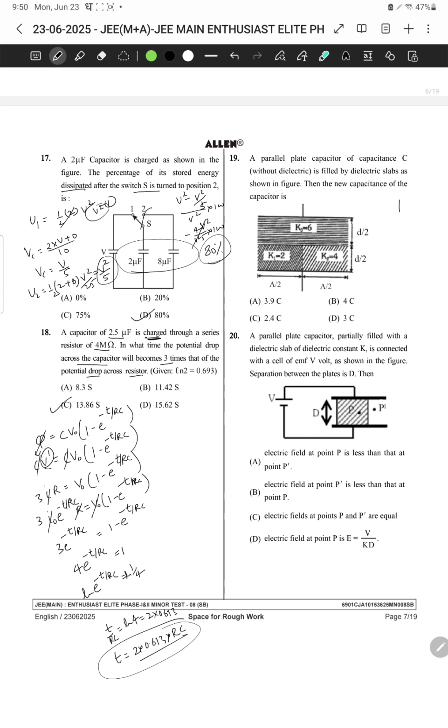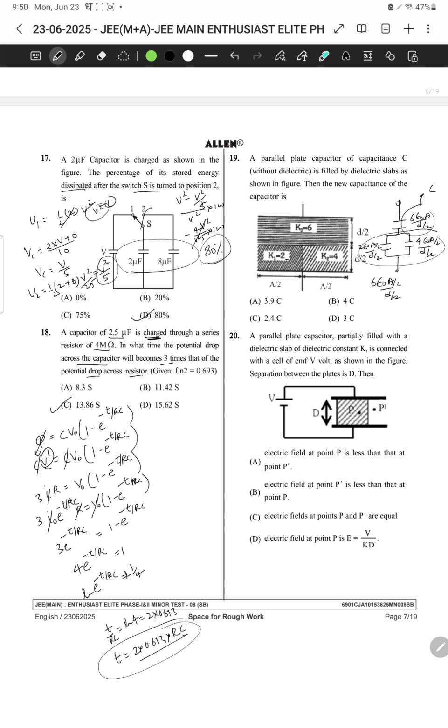So the equivalent diagram will be like this. These two will be in parallel here, and they are connected like this, right? So the capacitance of this one is 6 epsilon naught A by D by 2, and this one is 4 epsilon naught A by 2 D by 2, 2 epsilon naught A by 2 D by 2. These two are in series, which means 6 epsilon naught A by 2 D by 2. So these two are in parallel, sorry, and then they are in series. So if I say this is C, let's say,